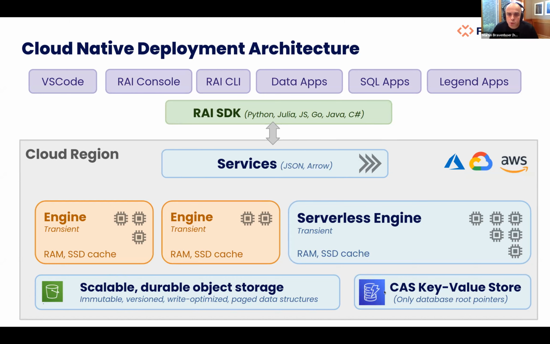We use a key value store, but only for keeping the root of the database. And we rely on the compare and swap functionality in the key value store to atomically update the database to a new version. Like I said, the CMU talk covers this really well, so I'm going to try not to talk about that further from here.